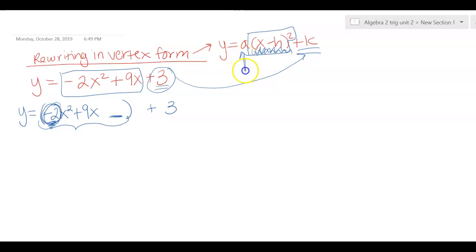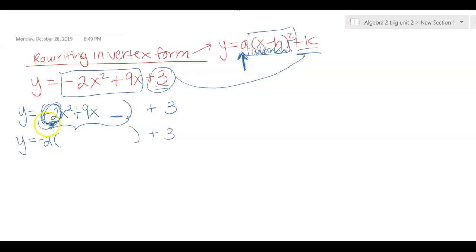And that's going to be okay because that's just going to become part of this like a value out here that's not part of the perfect square. So I'm going to rewrite this one more time where the -2 has been factored out of this quantity and the 3 is not in that quantity, so I don't have to worry about dividing that by -2. So in this quantity,